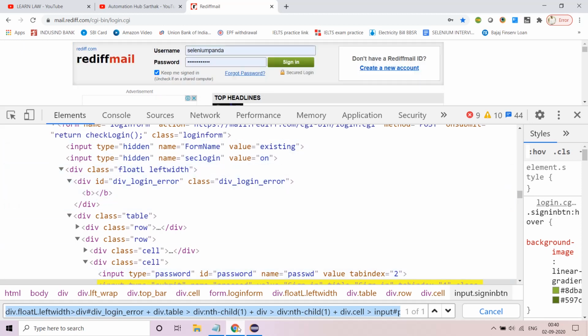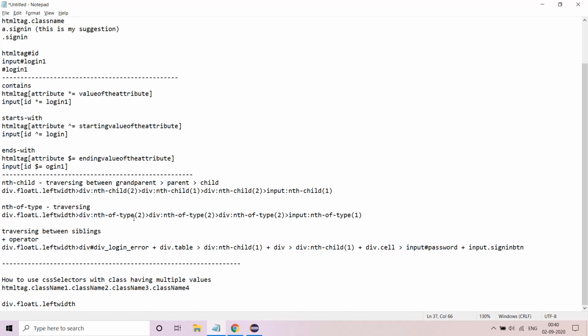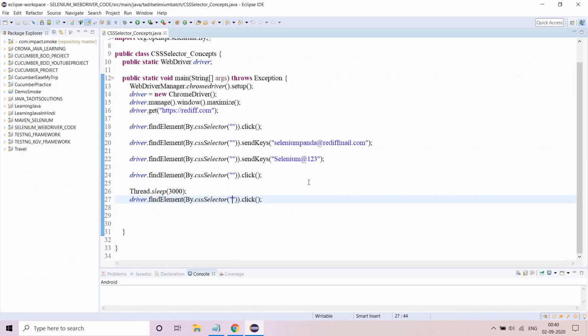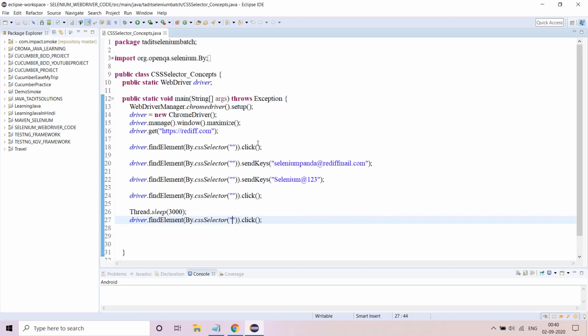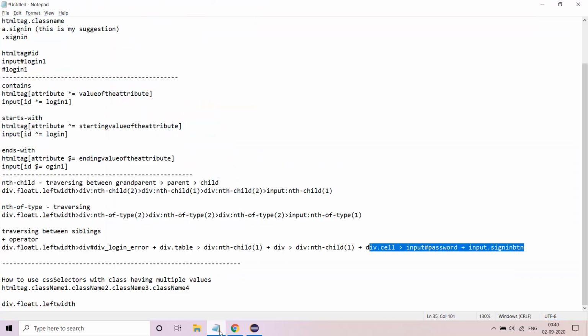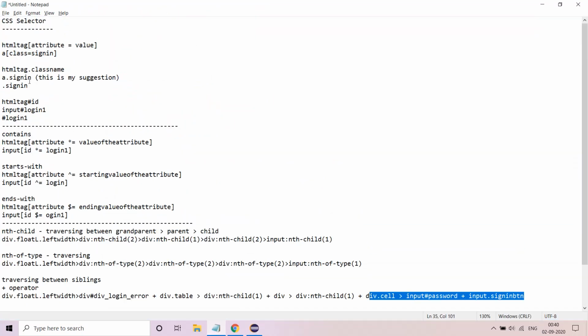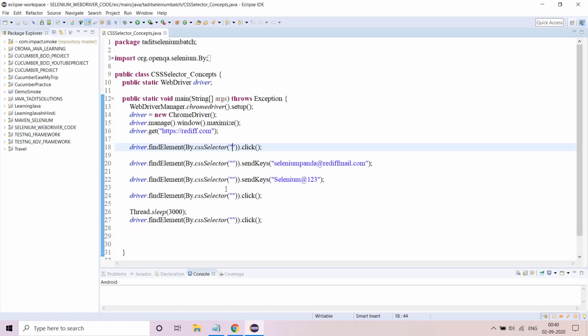Okay, so these are the CSS selectors, and if you want, you can use these CSS selectors in your code. I have already created the rediff.com code. I'm sure you must have watched this particular code n number of times. So you can just go here for the sign in link. We created something which is very simple. We'll use this one for the sign in link. Remember? So let me paste it here.